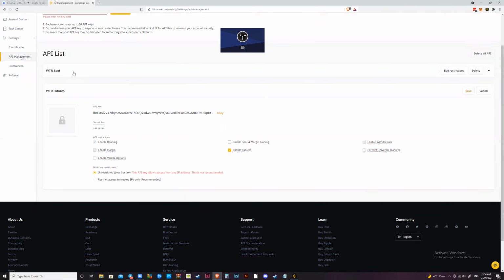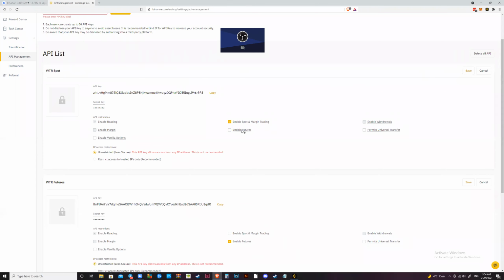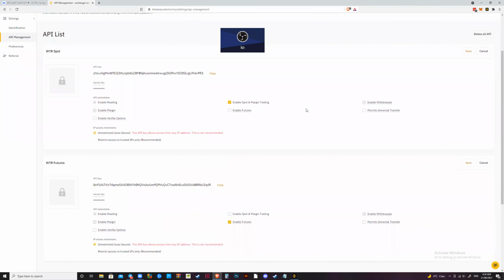And then you're going to call that API key WTR spot. On this one, you're going to make sure you enable spot and margin trading. That's the only things you have to enable. Definitely don't enable withdrawals, transfers, or anything like that. All it should have is spot and reading for spot trading, and futures and reading for futures trading, and IP